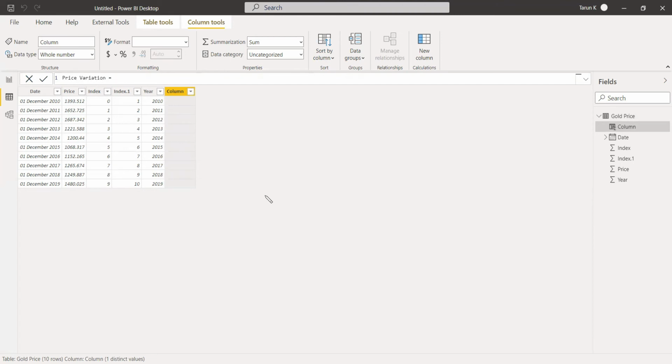Price variation equals, and we can declare a variable, because with respect to taking the difference, this column should be exactly this column. For the remaining we need to get the difference, because the base value will be this, the starting value should be this. So for that we need to write an if statement.